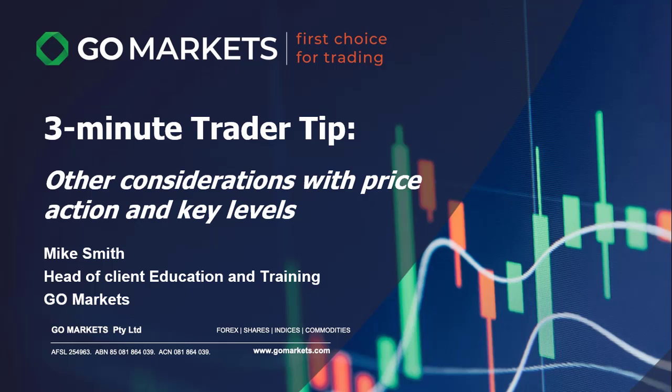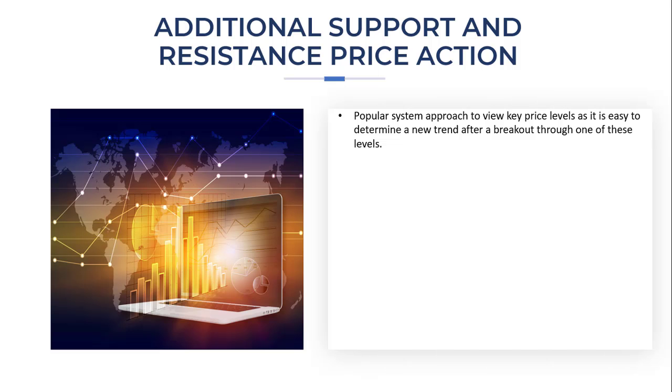3-minute trader tip. Other considerations with price action and key levels. Quite clearly, trading support and resistance levels or breakouts through these is one of the most popular systems that traders have in place. The reason for this is quite simple. It's often easy to determine a new trend and be in there early if you have this in your trading